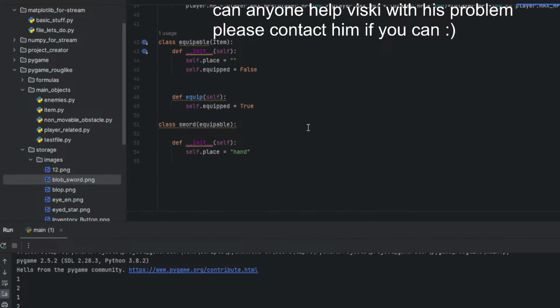No. Blob sword image equals image, and damage. Blob sword image and self.damage equals 2.